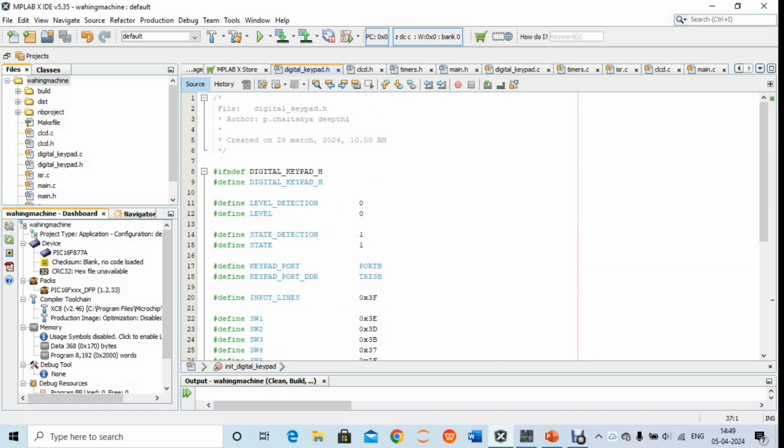In the H file we have defined some macros, and the level detection, water level and state detection, in which state the washing machine is running, and keypad ports are defined and input lines are defined,